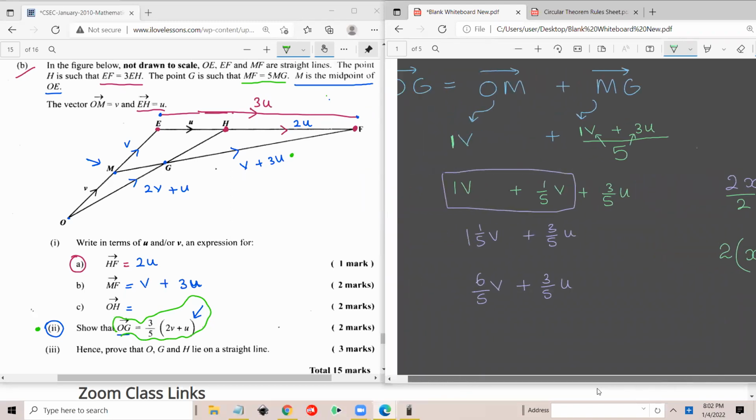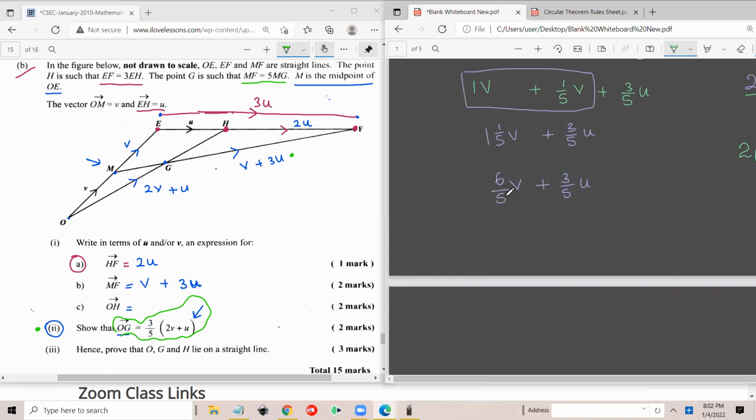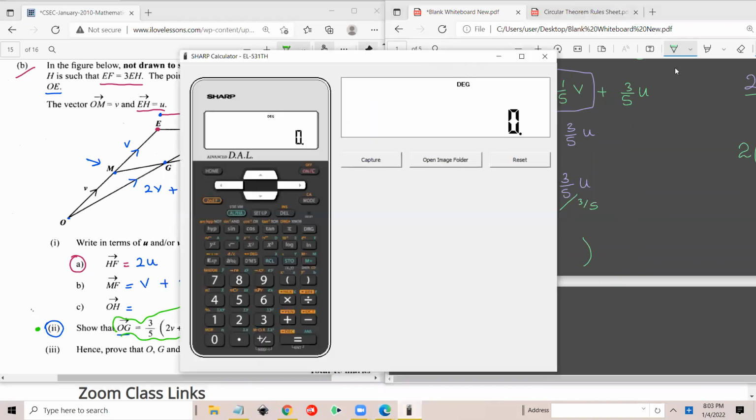But we're going to apply the same concept here. What we are going to do is factorize out 3/5. Sounds strange, right? Because you're not accustomed to pulling out fractions. Usually when you factorize, you pull out a whole number. So that means we are secretly visiting everybody here and dividing here by 3/5 and dividing here by 3/5. Divide this on your calculator and divide this on your calculator, and tell me if you get 2V plus U. Well, in case you don't know how to type in fractions,